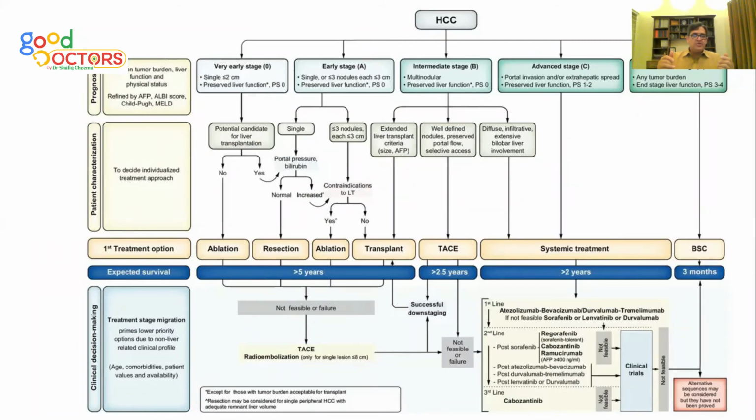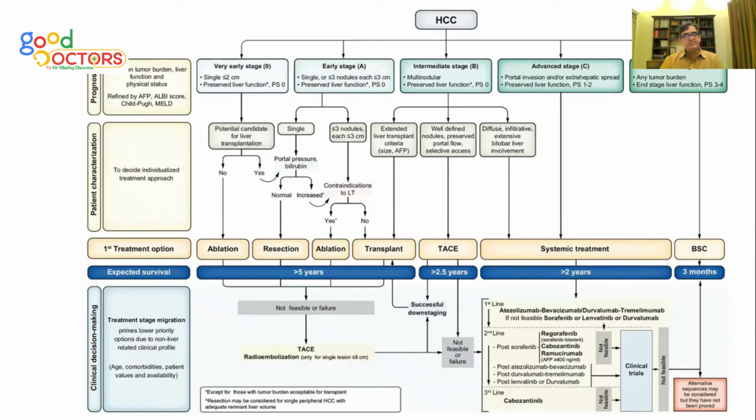But you see, in this, there will be certain patients who will not be candidate for any of this option, and there you may opt for TACE to give some form of treatment, some form of improvement in survival, even at stage A. And then you see in stage B, they have covered that part, that one is extended Milan criteria. They can go for liver transplantation. The second is they get a TACE done and successfully downstage the tumor. Still the transplant is a possibility in stage B. Otherwise, local regional therapy is the primary treatment for stage B.